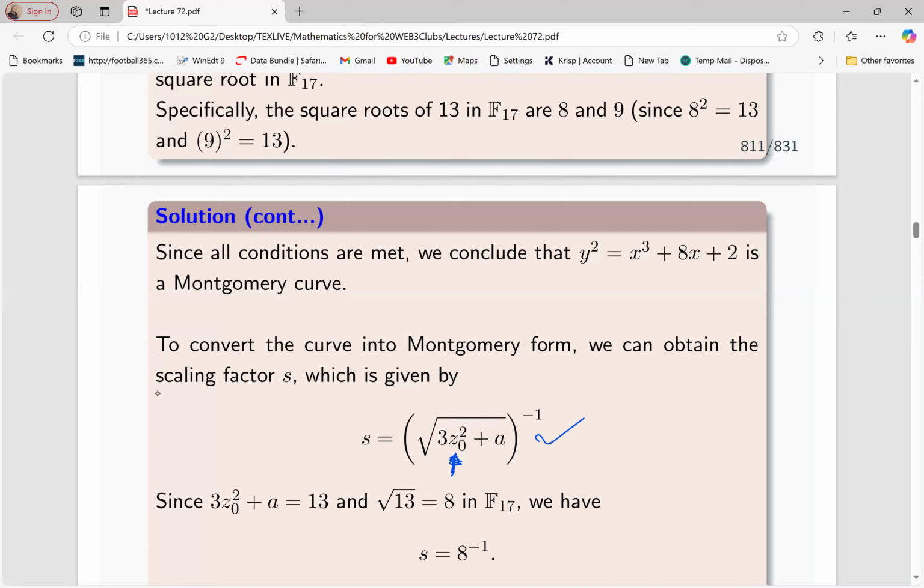And then when you square it, we got 13. Z naught squared got 13. It was 8 times 8 gave us 13, mod 17. That 13 multiplied by 3